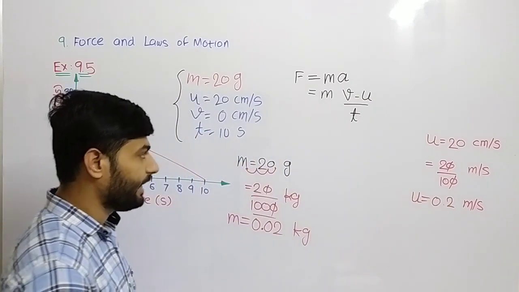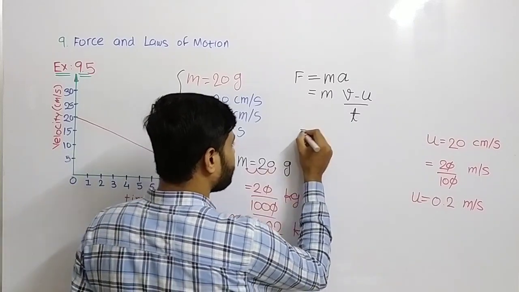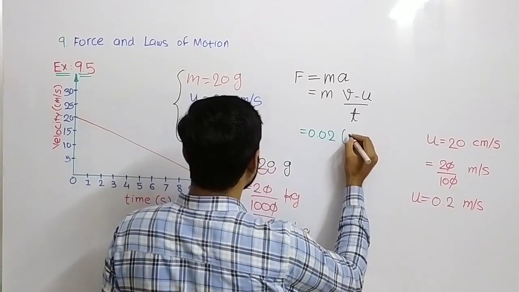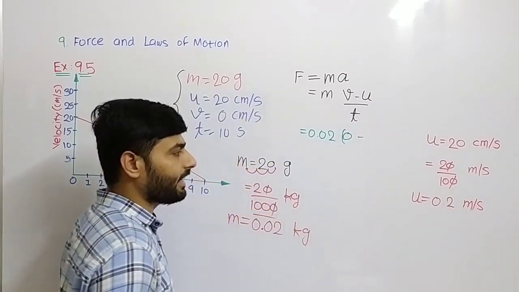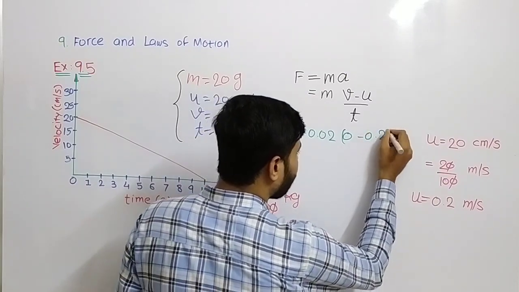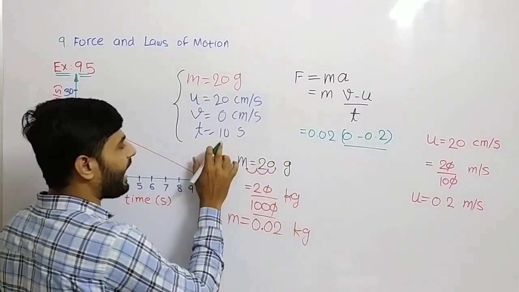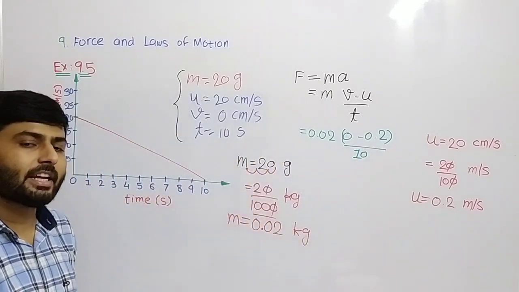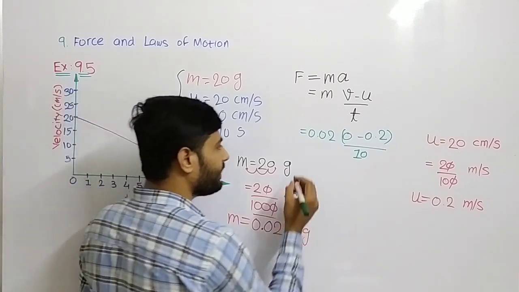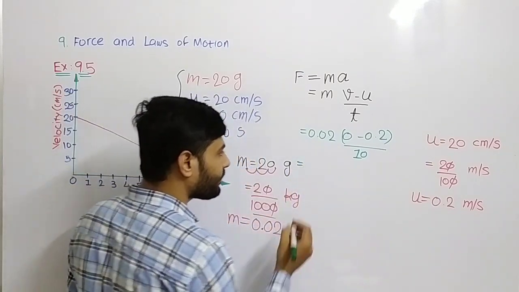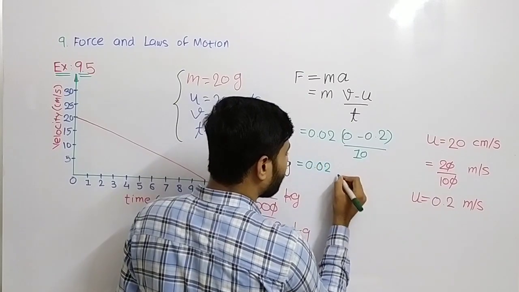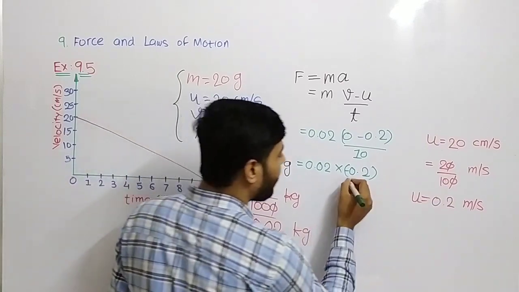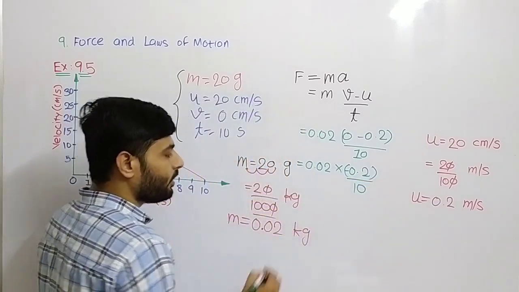Now I put this value, m is 0.02, v is 0 minus u is 0.2, divide time I have 10 second. This second is already in SI unit. So I need not convert this time in SI unit. So I have 0.02 multiply minus 0.2 divide 10. So I have